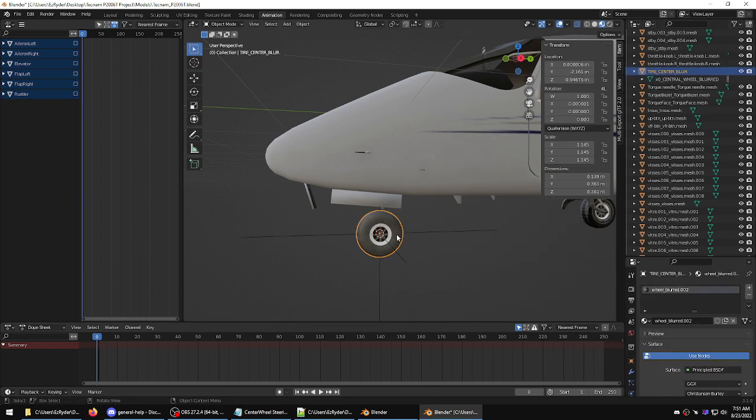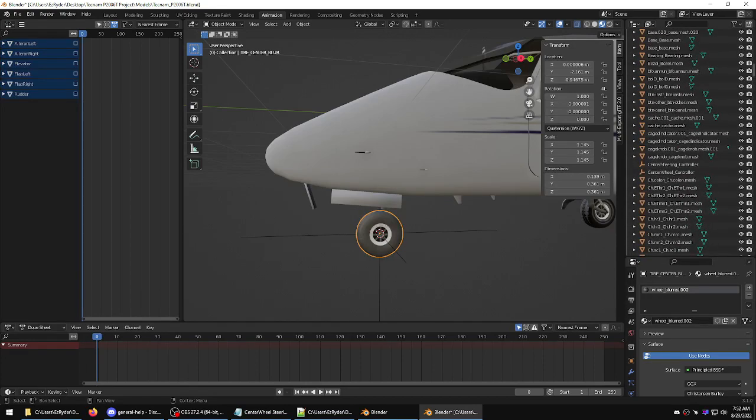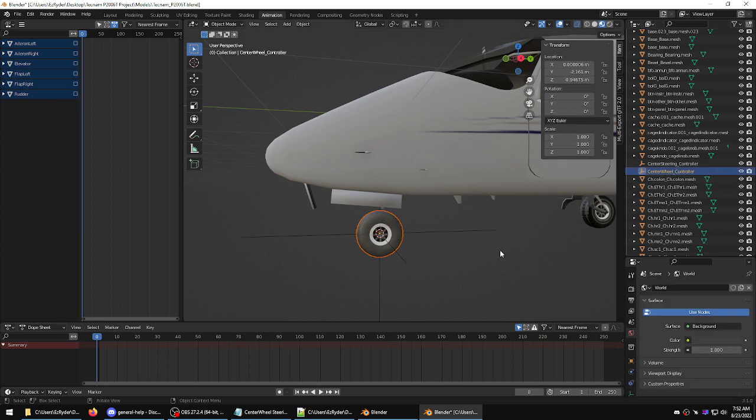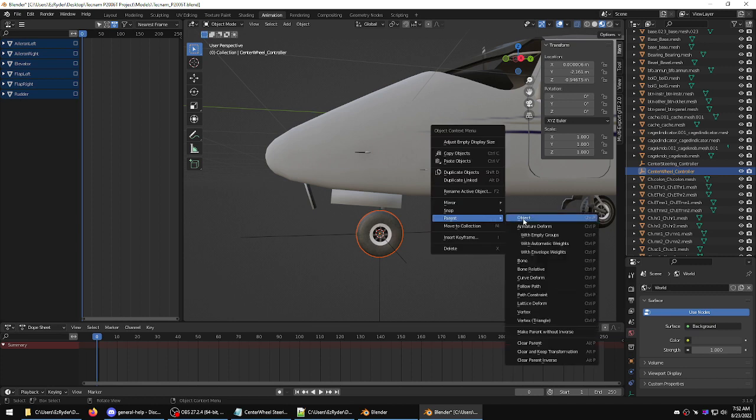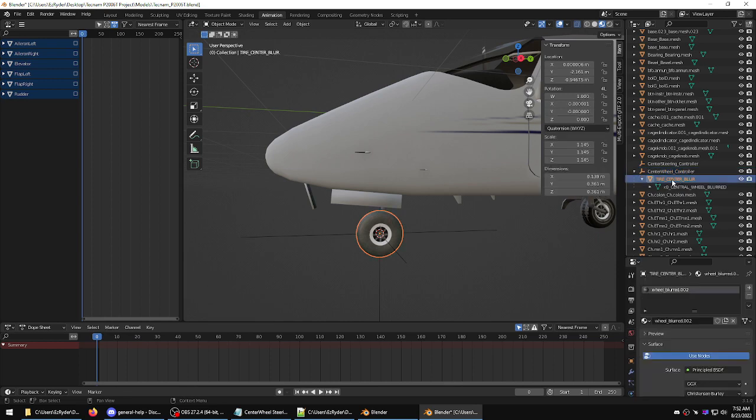So we select the object, select the center wheel. There we go. Now, I wanted the center wheel blur, and like I said, I want to rename these